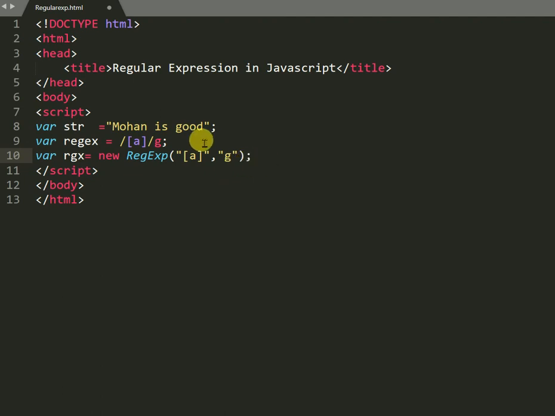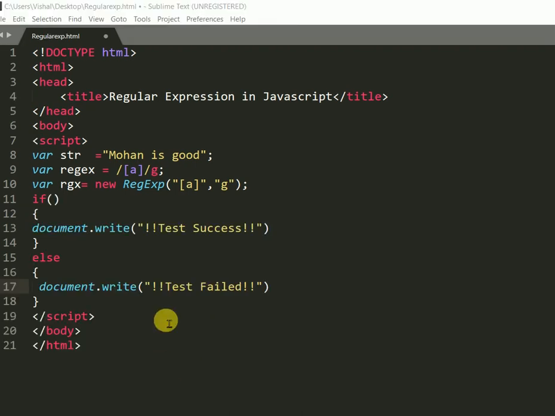You will see both of them. Here I test the string with the help of the literal regex, whether A is contained in this string or not. The string is "Mohan is good", so A is contained in this string. It will show test successful.